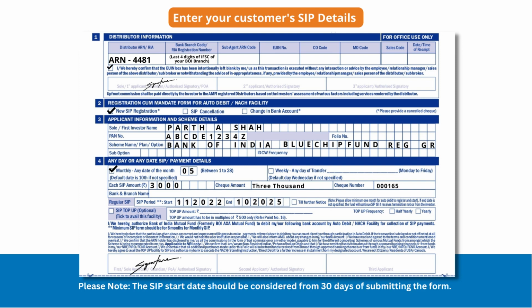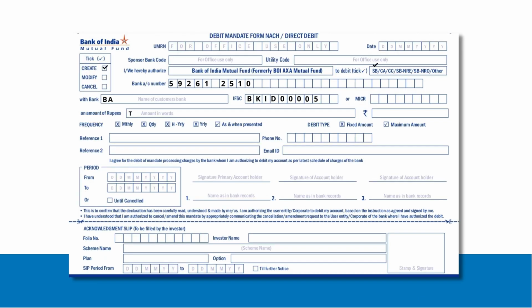Under the fourth section, that is any day or any date SIP/payment details, you may fill this section as per applicant's day or date preference along with amount, check details, and bank and branch name. While filling the SIP period, please consider the start date as 30 days post submission of the form. Kindly mention the SIP period in